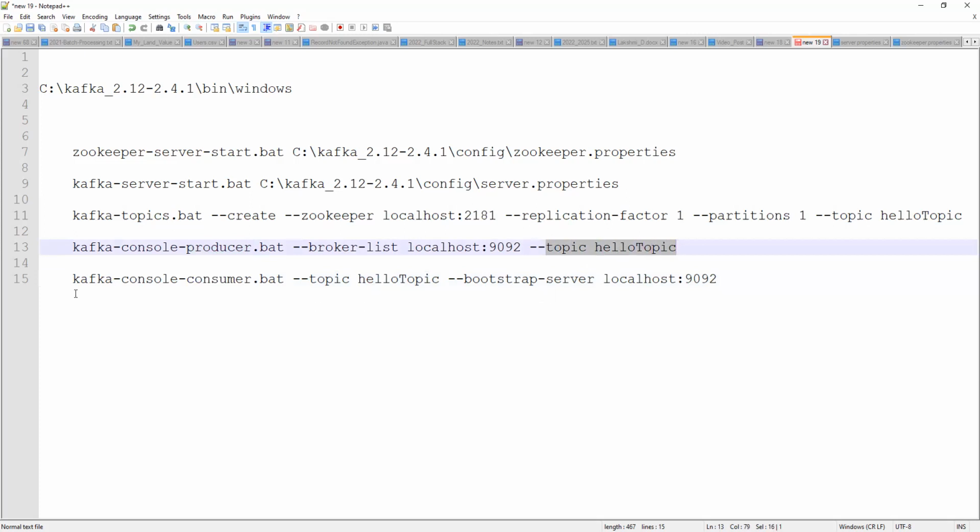The same way, when you run a consumer, you tell it hello topic, so it can consume the messages from this topic. You give the topic name here, the bootstrap server, and localhost 9092. These are the default port numbers of the Zookeeper and Kafka servers. Now let me run them one by one in Windows. I'm opening a window.